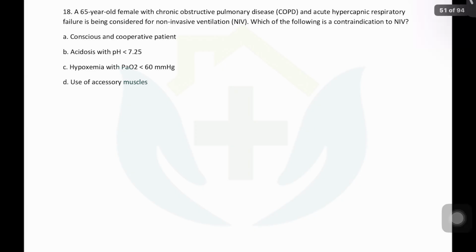Whatever you are giving through HFNC, the entrainment usually does not happen. You are giving it with the flow only. So the FiO2 you have fixed, the patient will get. The problem is with other devices where entrainment happens with the air. When you are giving them, let us say, 10 liters or 4 liters of oxygen through the O2 mask, you don't know how much air the patient will pull in from the atmosphere. So we don't have an absolute percentage in those cases.